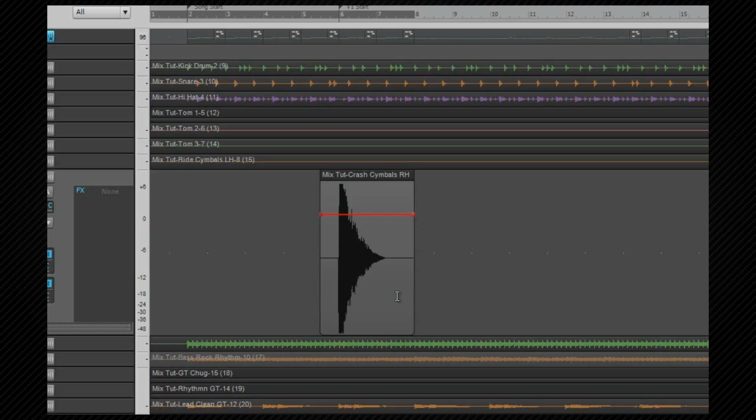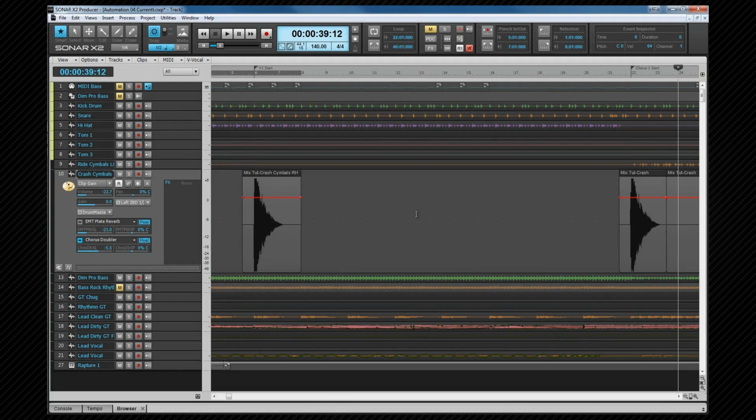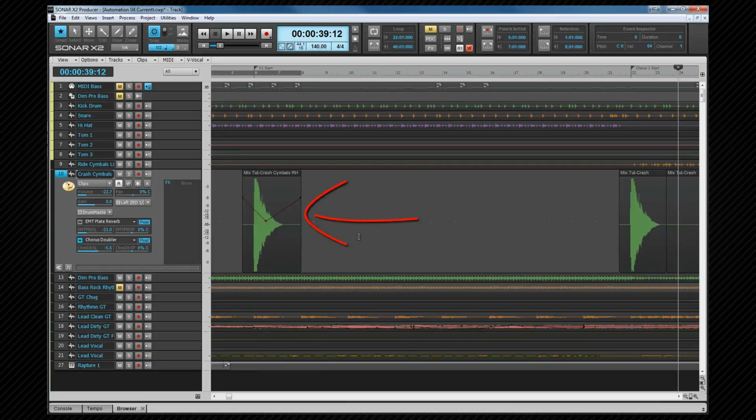Note that an envelope appears to cover the whole track, but it will only be applied to any clip that you edit the envelope in. As soon as the edit filter is changed, the envelope disappears from any clips where it hasn't been edited. I'll demonstrate that by creating an envelope on this clip and then changing the edit filter to clips. And now you can see the ghosted envelope is on this clip, but it doesn't exist on the others,